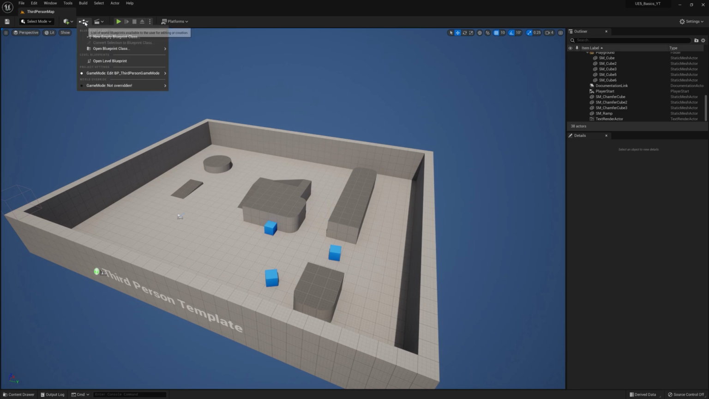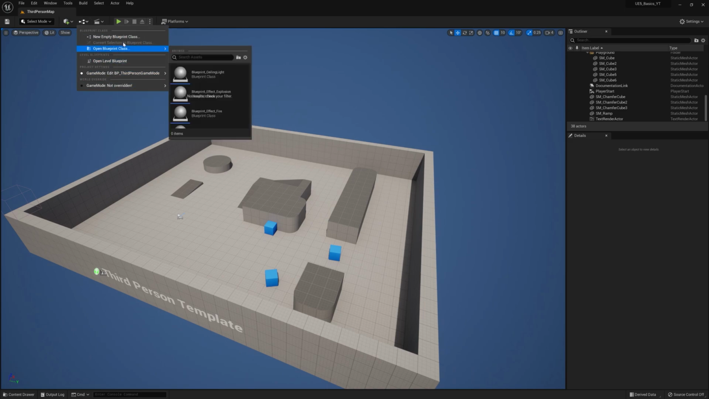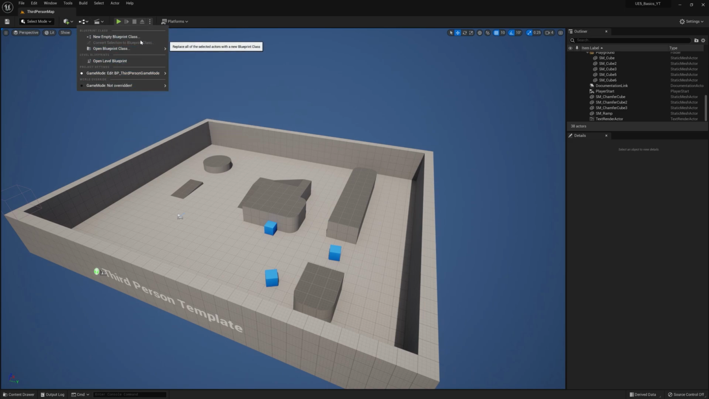Next to that is your blueprints. Blueprints are a different story. Very, very useful. Let's see if we can find one here. So there is not actually a blueprint here. What a blueprint does is